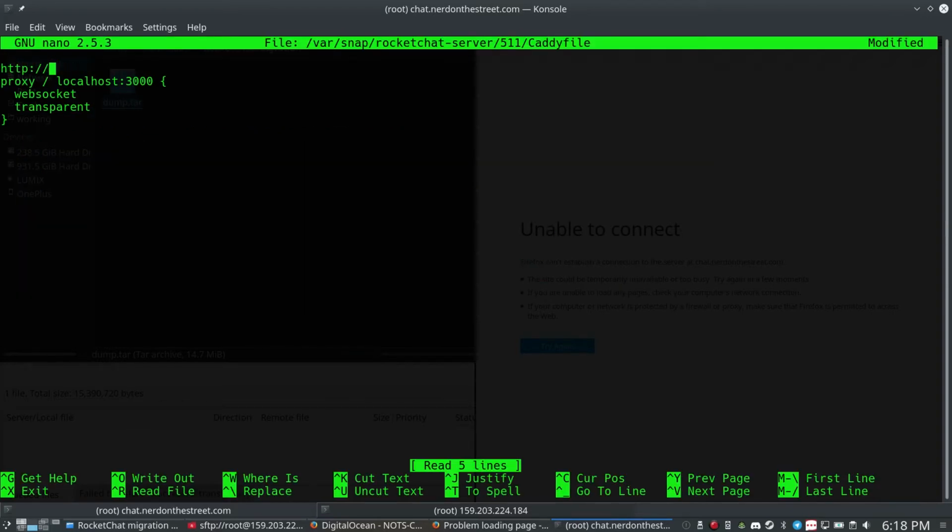Alright, so we're going to set our domain, chat.nerdonthestreet.com, in this file. And we want it to be HTTPS, obviously, right? Yeah, I would hope we want it to be that. Right now the server is running on localhost. So if you just leave this at HTTP, maybe that's how you set a domain name to work with the server. But we're going to do HTTPS while we're here,